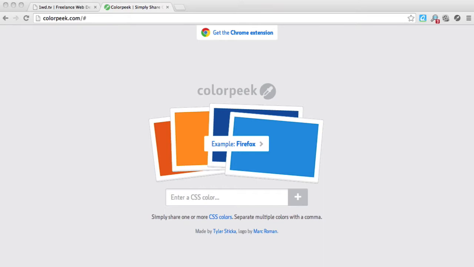Guys, I've got a great tool for you to add to your Freelance Web Designer toolkit. It's called ColorPeek, and it solves a problem that I've myself had recently. And that is, how can I easily save a palette of colors that I'm working on with a particular site? What it also does is to help me share that color palette with either a client, another designer, or even